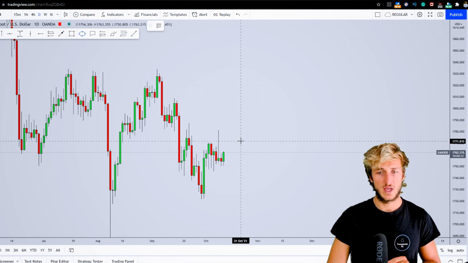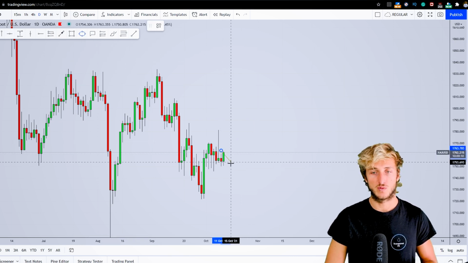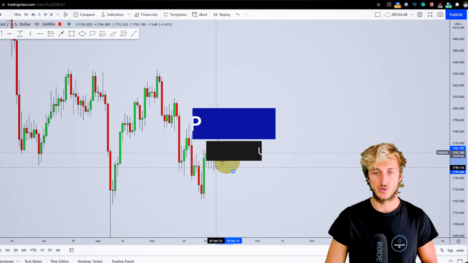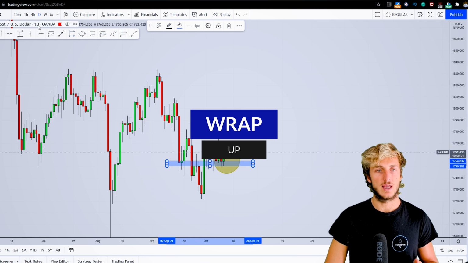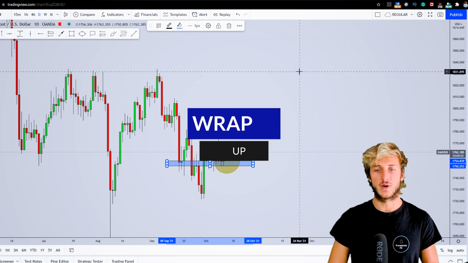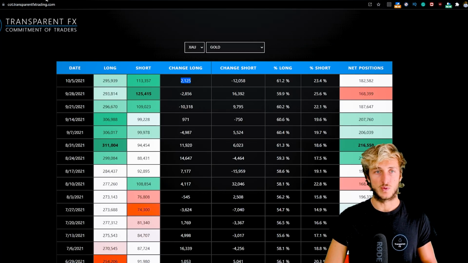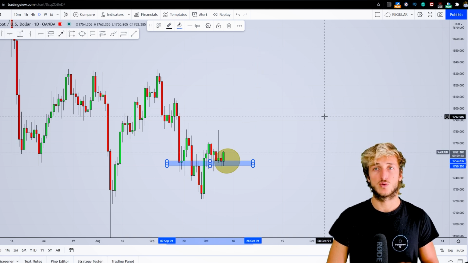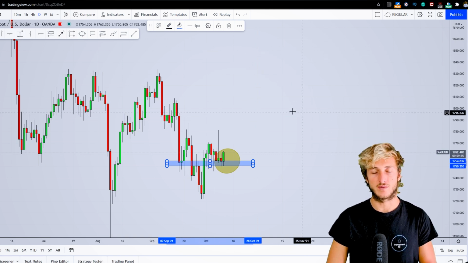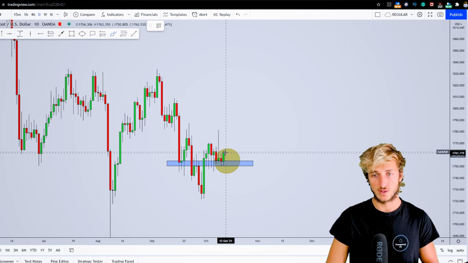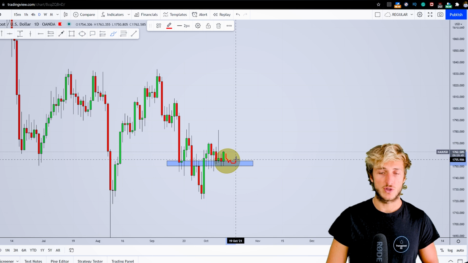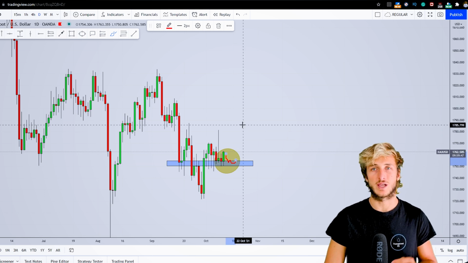So how will we be approaching this potential longing opportunity with students? Now, as usual, we will be reactive and not predictive. The monthly, weekly, and daily are the best time frames from a directional perspective, combined with the COT data. But when it comes to confirmations and entries, the best time frames are the intraday time frames, so 4 hour and lower. Therefore, with students inside of here, we will be monitoring price action from an intraday perspective,